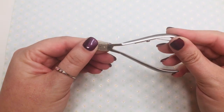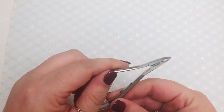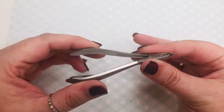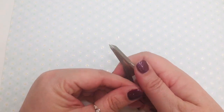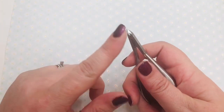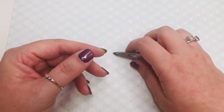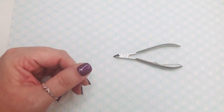Something else that I wanted to show you guys is a pair of cuticle nippers from the Manicure Company. Yeah, the Manicure Company, and these are stainless steel cuticle nippers. Now I use these for pedicures. I use these to cut the nails across, and the reason why I prefer these is because whenever you're using a normal kind of toenail clipper, whenever you put a normal clipper on,